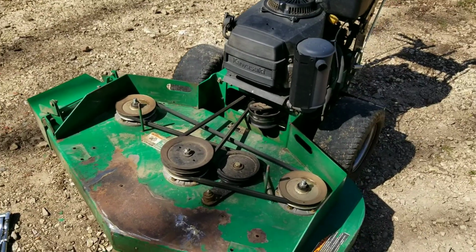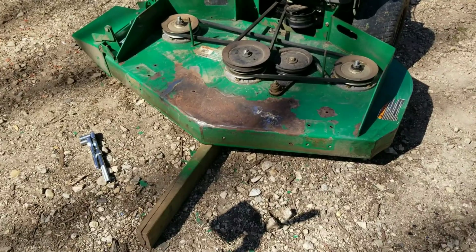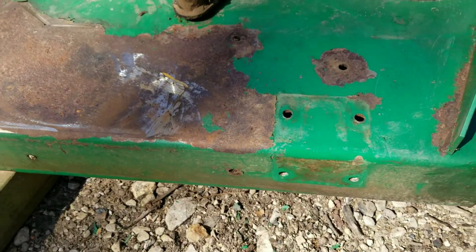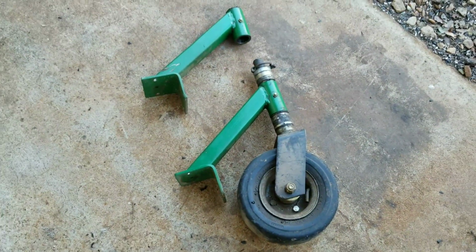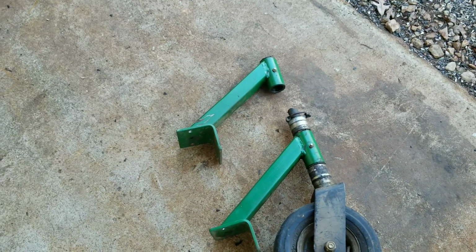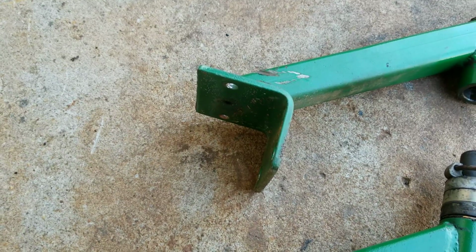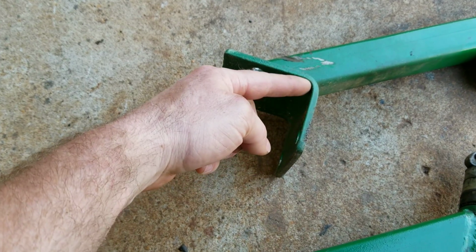So what I've done so far is I've adjusted the deck all the way up, and then I removed the two front casters, which, as you can see, was just 4 bolts. They were all 9/16. And I'll show you what I did with those. Here are the casters that I took off. The top one, I took the spindle out, or the actual caster, and the spacers. So what I'm going to do is heat up this 90-degree bend,